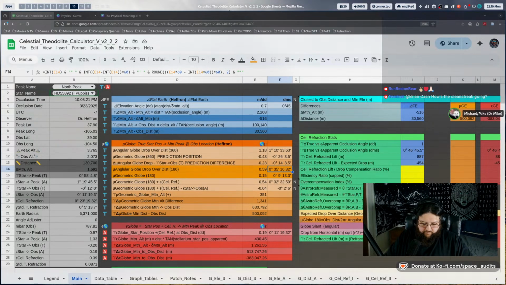But in this particular case, I think it was off by how many? 516 meters. Yes. Or am I thinking of another one? Okay, off by basically 516. So basically what you do is whatever the globe Earth uncorrected angle says, subtract 516 meters from that, and that will give you the true globe Earth angle. Whatever the flat Earth uncorrected angle at the peak says, subtract that 516 meters from that, and that will give you the true globe Earth height.